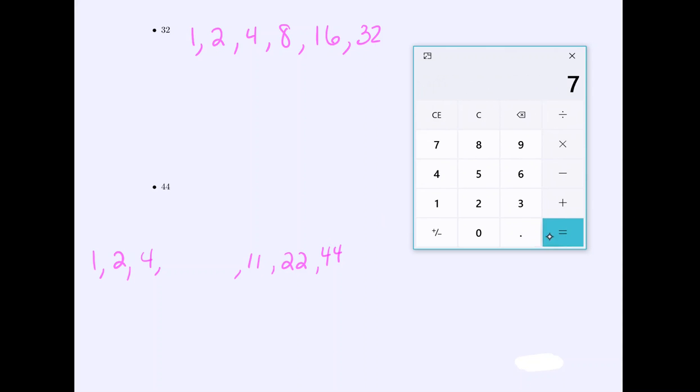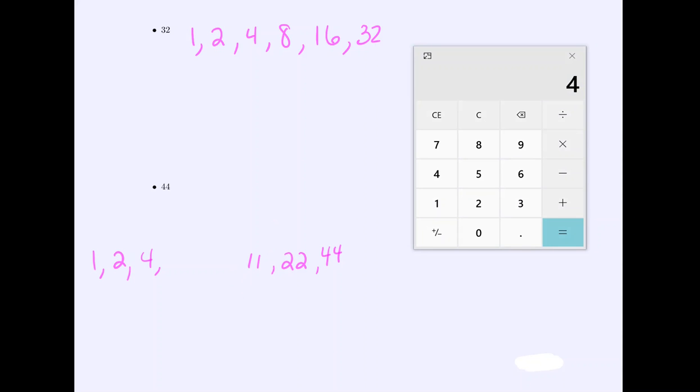44 divided by the next number 7 gives us decimals, doesn't work. 44 divided by 8 doesn't work. 44 divided by 9 doesn't work. 44 divided by 10 doesn't work. 44 divided by 11. But notice we already had 11 in our list, so we've kind of gotten to the